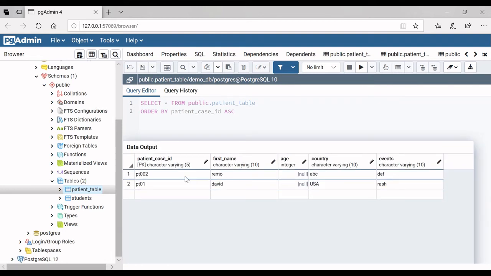Guys, are you finding anything weird or strange in these rows? You can see all the data has been updated except age. So what's the issue? Let's check it.